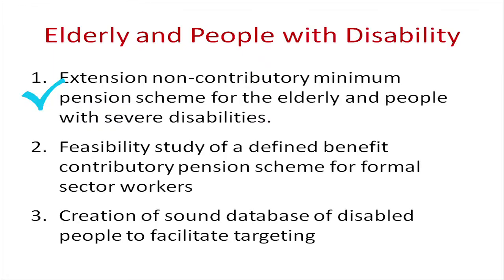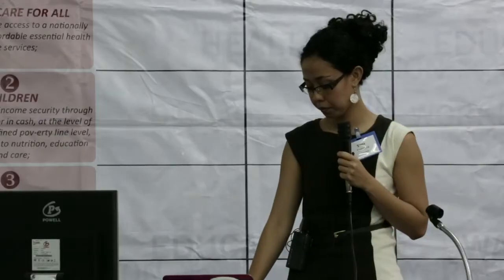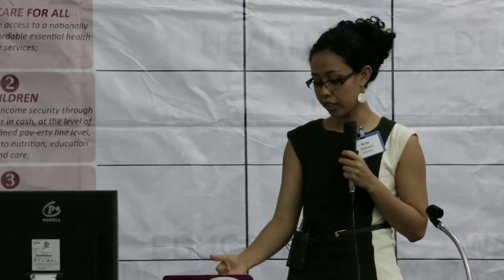And the third one is creation of sound database for disabled people to facilitate targeting. You can already see which one, yeah. So basically, the extension of non-contributory minimum pension for elderly and people with disability, we have an idea of the data available and what to do. The second point is similar to the previous